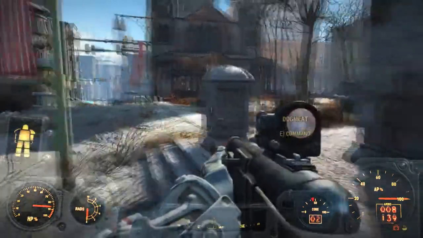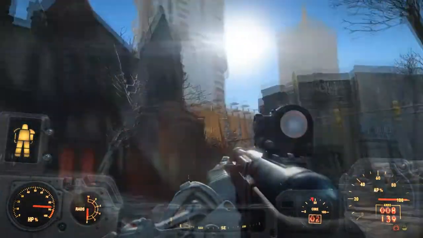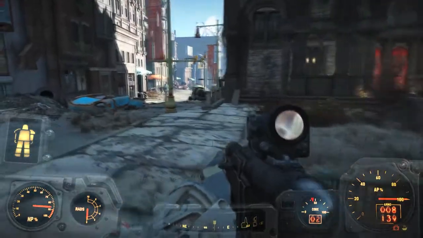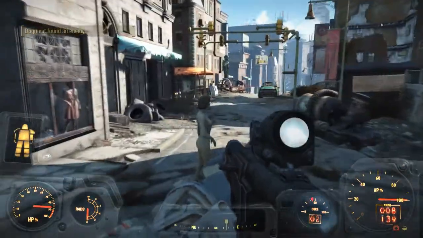We are heading in this direction. Now this is Trinity Plaza, I believe. As I said, that's Trinity Tower there. Keep thinking I hear gunfire. We want to head down this road here. We want to knock over...